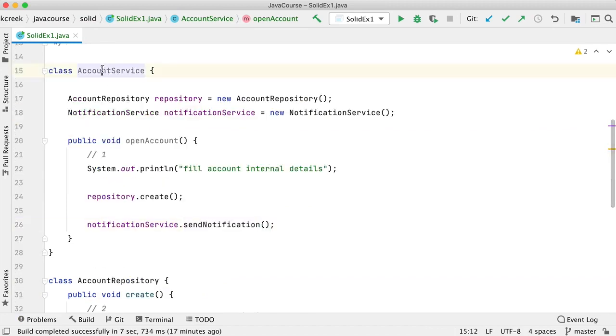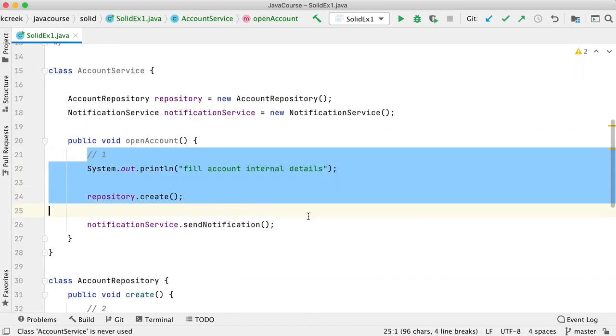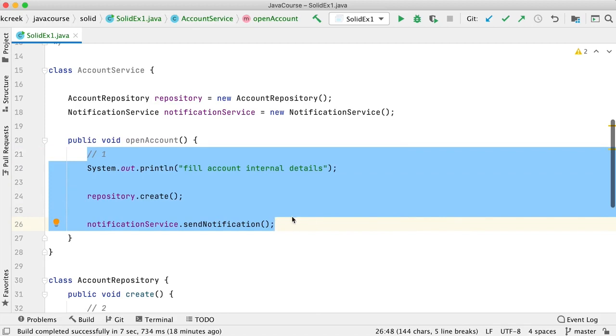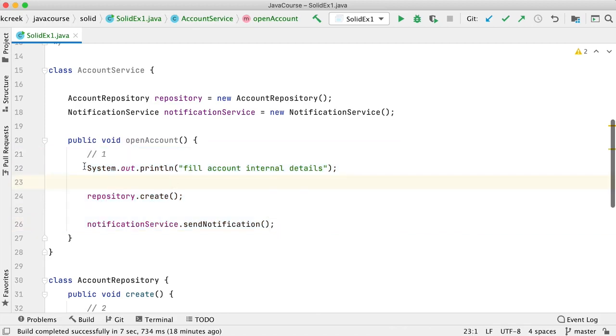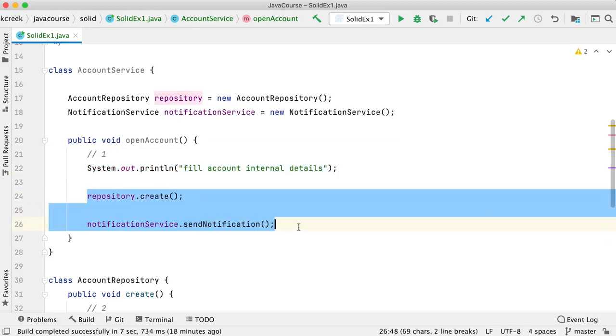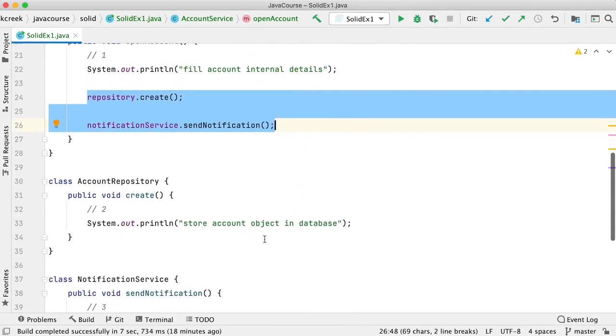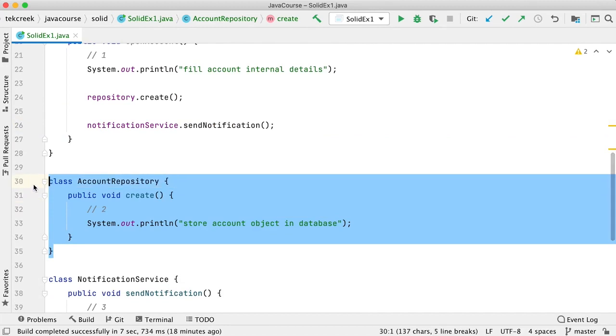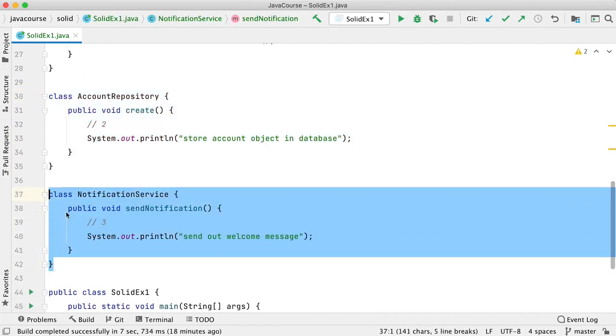Now you see, account service is actually doing all three tasks, but its primary responsibility is to fill in the details and delegate the work to the rest of the components. It's the account repository's headache to completely deal with the database. It's the notification service's headache to completely deal with sending out the notifications.